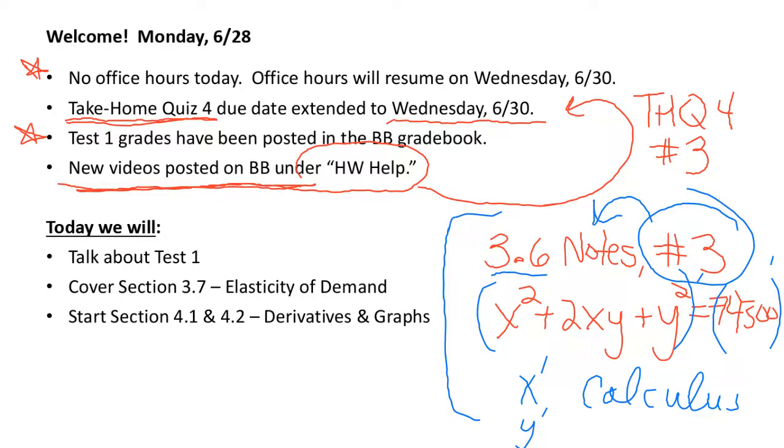But okay, so the test 1 results were about par for the course. The average is about the average on test 1. Test 1 is usually the lowest averaging test of all of the tests in this course, so I wasn't shocked by the test grades at all. Some of y'all did awesome. Some of y'all not so much. So when you clicked on your test grade, if you saw your grade and you were like, yes, that's awesome, high five, keep doing what you're doing. If you saw your test grade and you were bummed, okay,